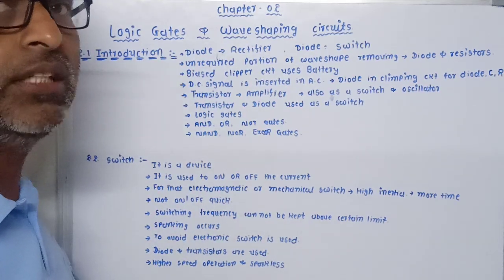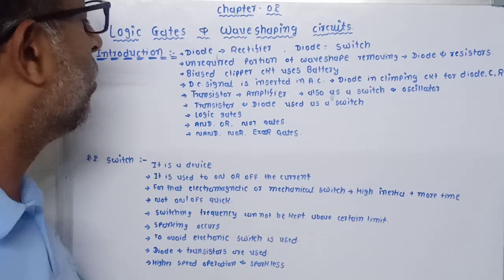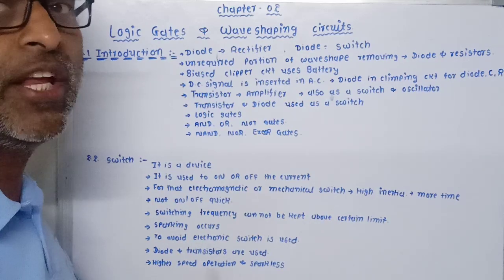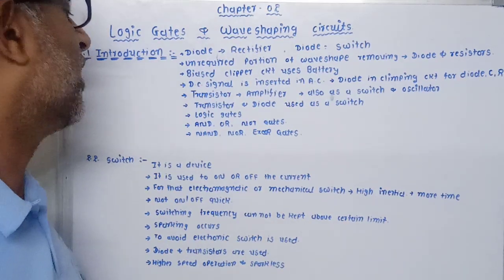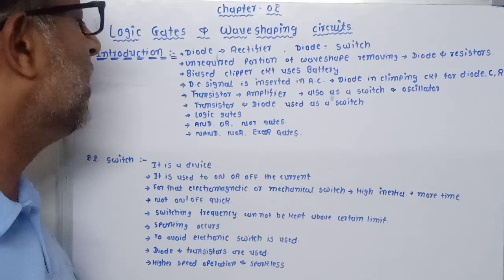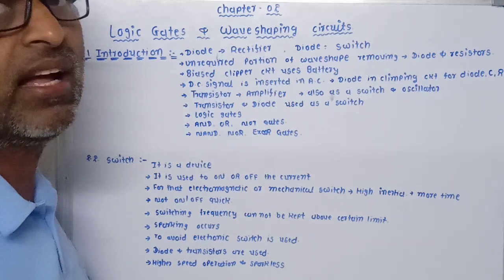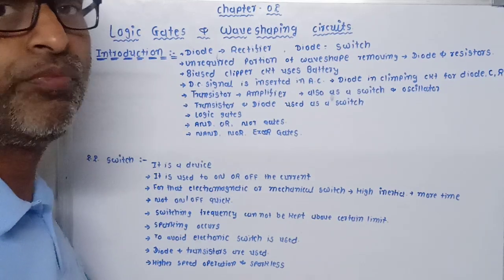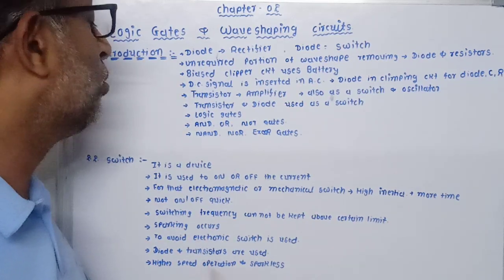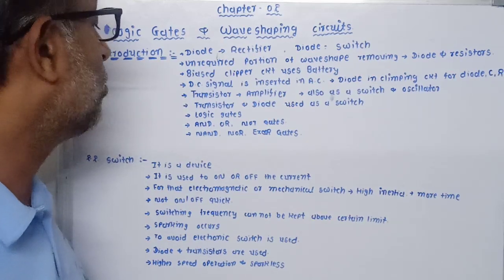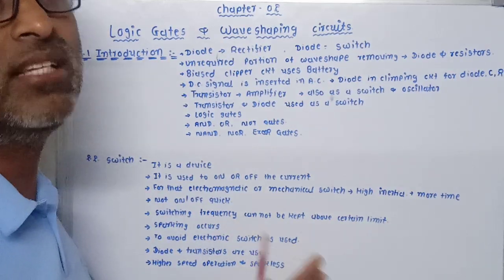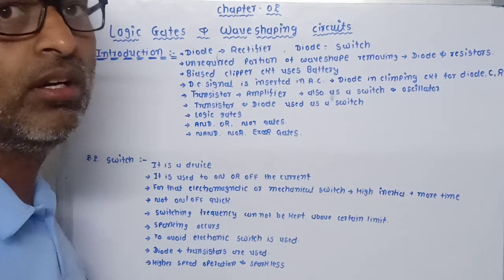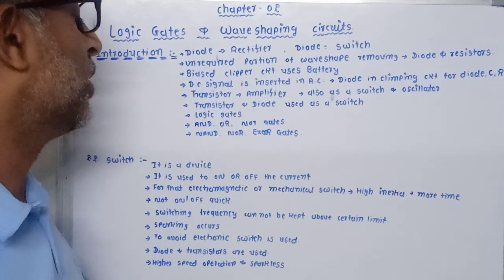And next in this chapter we will also study the different types of logic gates, which are very useful to make digital circuits. Mostly the main gates AND, OR and NOT are covered in this chapter, and how to make NAND gate, NOR gate, XOR gate with the help of your basic gates. So it is the most important chapter.